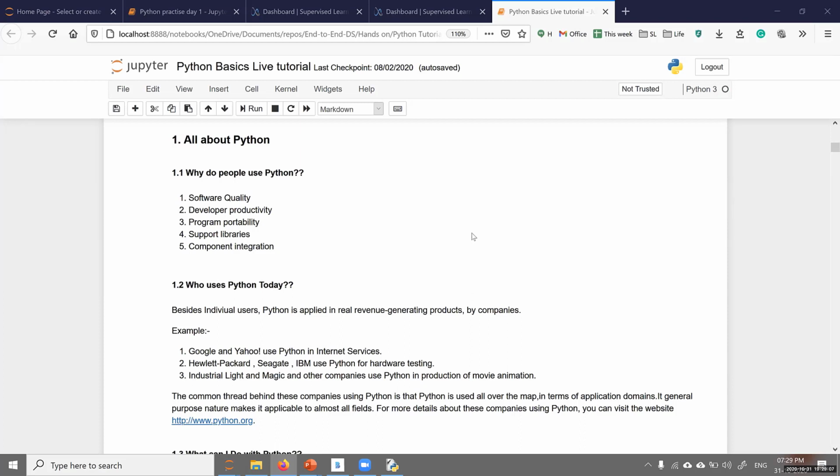But in general, when you go to production in the industry, C++ or Java or .NET are some of the languages which are very fast in computation. Python is not very fast in computation, but it's very easy to learn, very easy to write, iterate, manipulate.